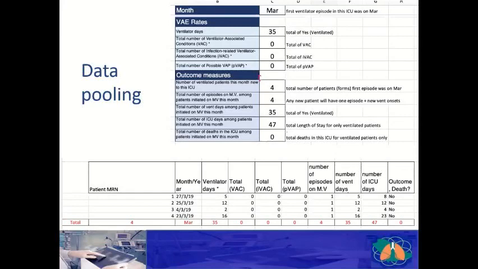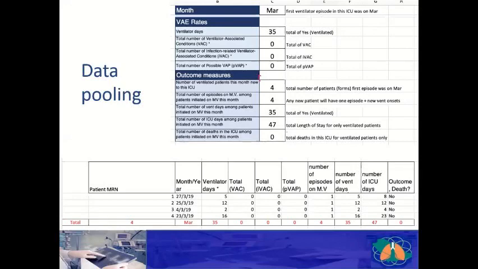So these patients, all of them, the 4 patients, let's say this ICU has only 4 patients for that one, were started on mechanical ventilator in March. So the month will be March, and this is explained by the first ventilator episode in this ICU being in March. Now we will look at the other data to be taken from the form, which is the VAE